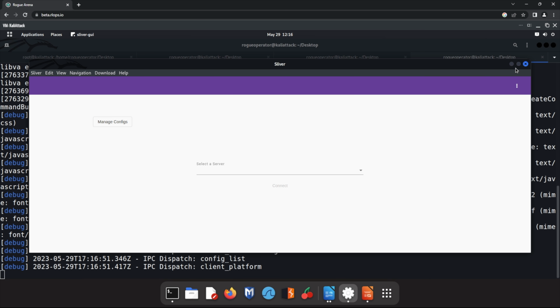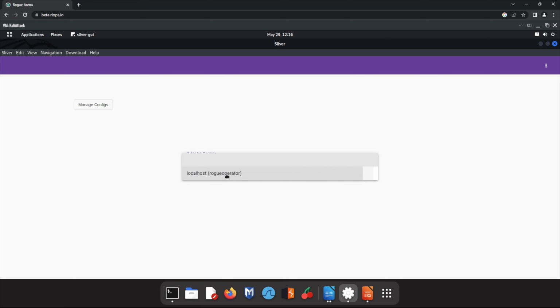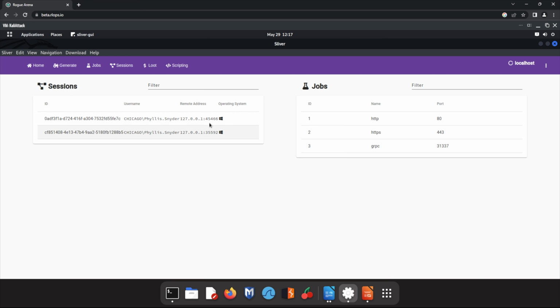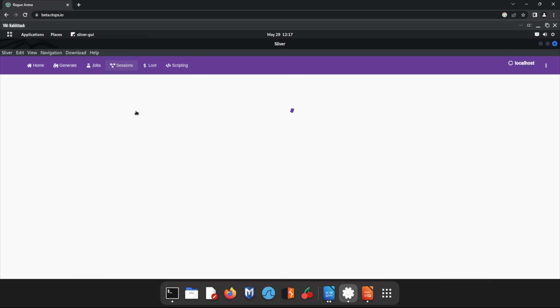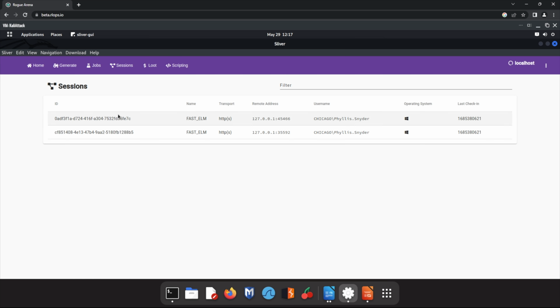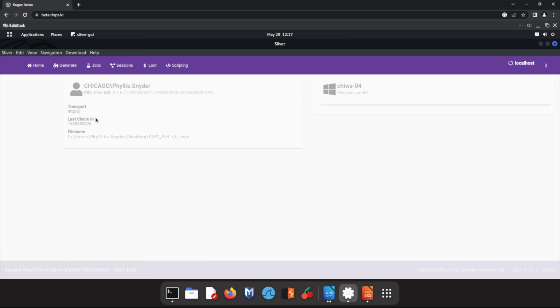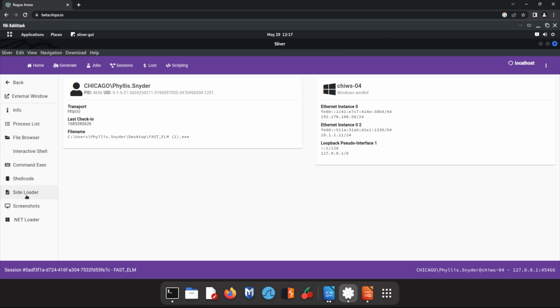Awesome, we got our GUI. Let's go ahead and maximize it. We'll connect into the Sliver server running on our own Kali machine here. You can see our two sessions. That shouldn't be a surprise. We'll go to sessions here at the top. We'll go into just one of the sessions, doesn't matter. And then on the left here, we have a bunch of different controls and different things we can do. We're just gonna go to